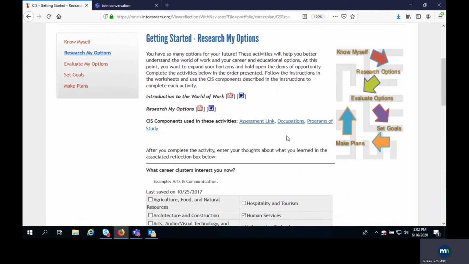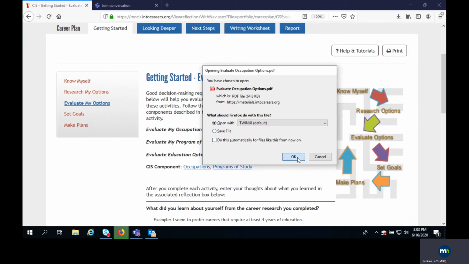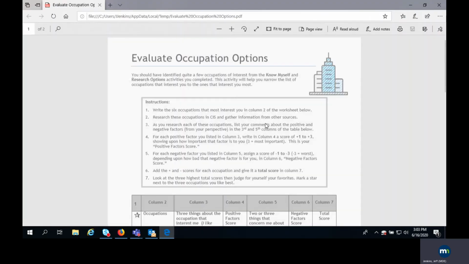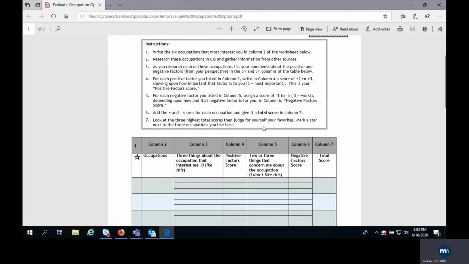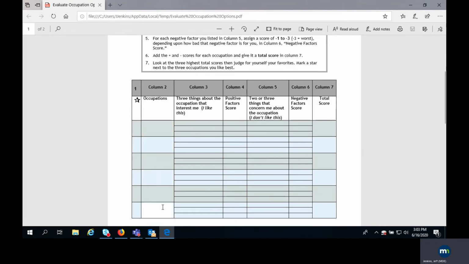So now the components that you're going to use are going to be the occupations, maybe programs of study to just research options. Worksheets, again, they can go there. Evaluating, so like this, evaluate my occupation options. Let me show you this one, how it just kind of breaks it down a little bit more into that decision process. So here, if the client has identified a few occupations, they would write that down on the side here,